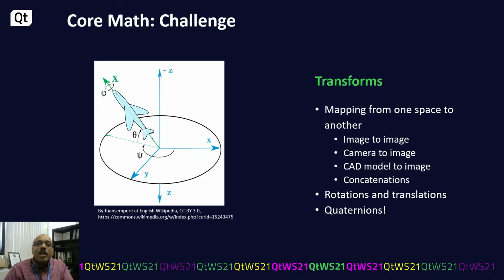This could be camera to image, and this is how we register an image with respect to camera. So that's a camera to image registration. The CAD model to image registration is how a surgeon would plan the virtual surgery. The surgeon is saying that the transform from this CAD model to that image space is such and such. Lastly, we wanted an ability to concatenate different transforms, so you could effectively tie a CAD model to a camera